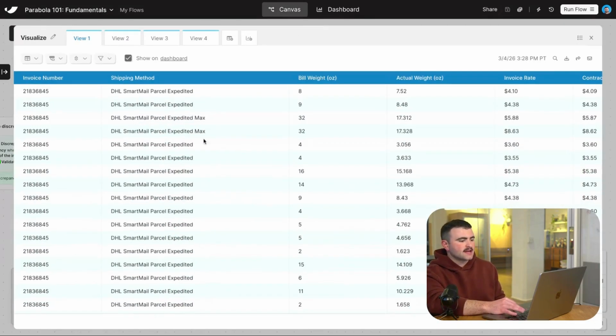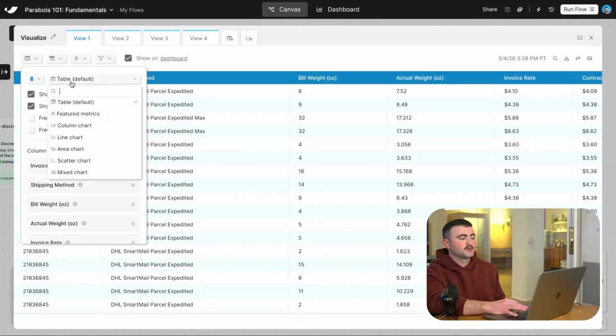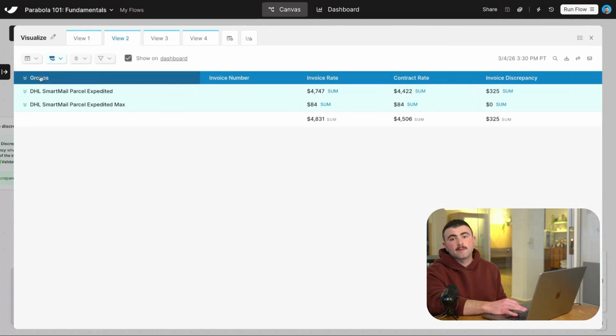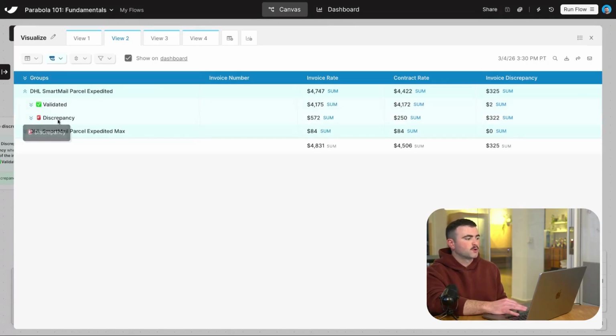But if I click in and edit this view, we can toggle between different types of visualizations, from featured metrics, which are great for KPIs, to things that you might build in Tableau, like a column chart. In this example, I created a couple different views that we'll see on our dashboard in just a second. Things like a pivot table-like view, where I can see the total amount of discrepancies by shipping method,